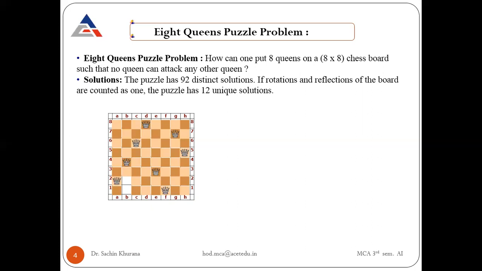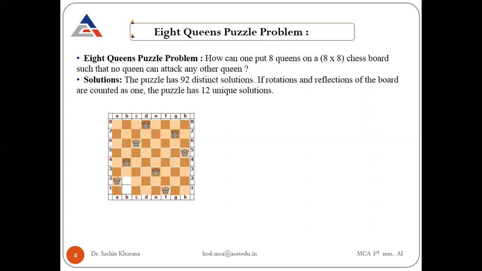I'll repeat the movement of the queen on the chessboard. Just see my cursor movement. Suppose this queen is located at D in your first row. The queen can move on the right side like this and on the left side like this. It can move diagonally on these squares which are dark in color, in this way, right as well as left. It can also move vertically like this till D at the other end. So you should know these movements of your queen.